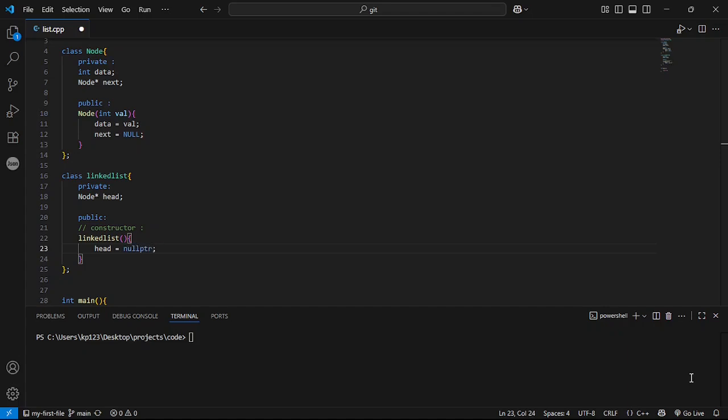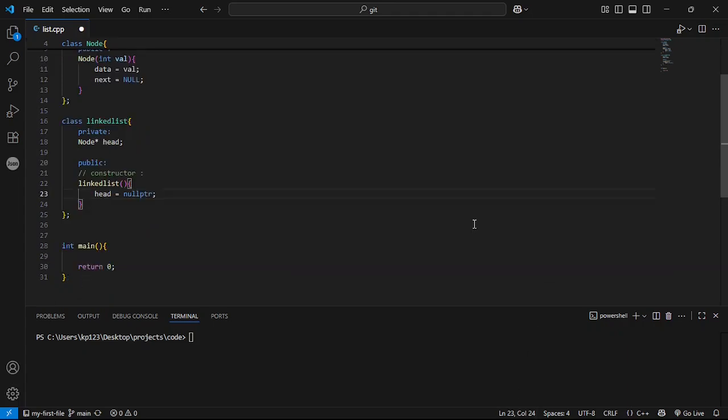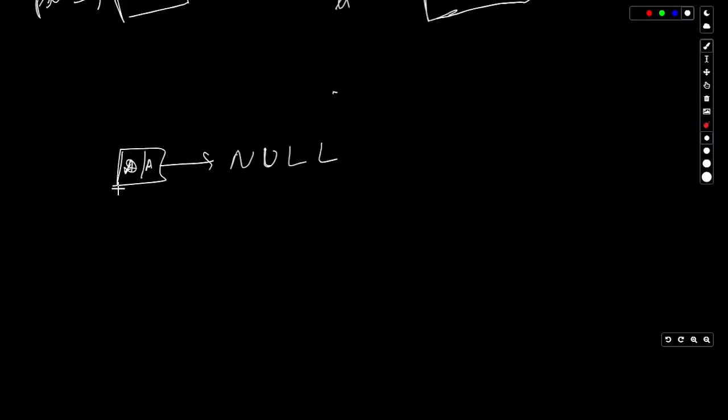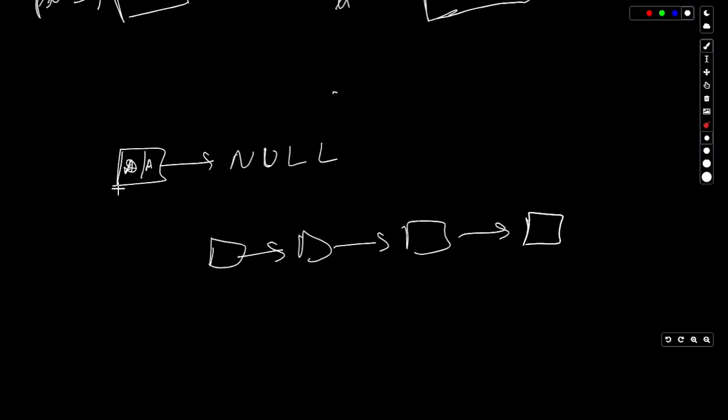So what we are doing over here is making a linked list in which, when we are initializing it, our head will at first be null. If this particular thing is called a linked list, then this particular part is the head of the linked list and this particular part is the tail of the linked list.